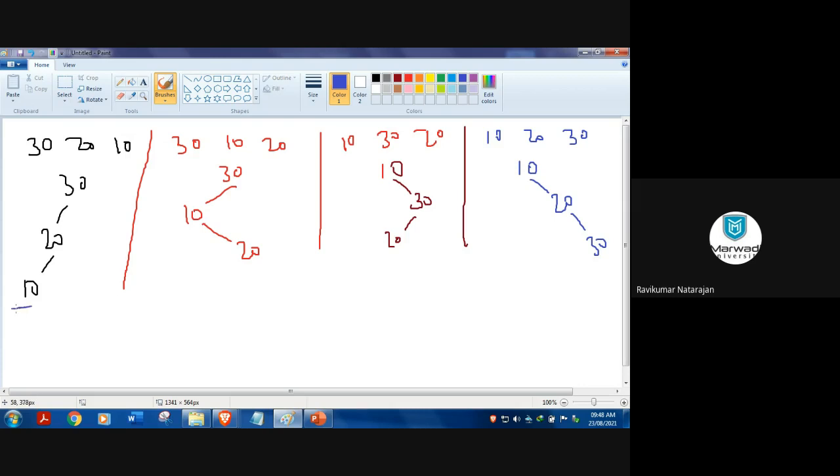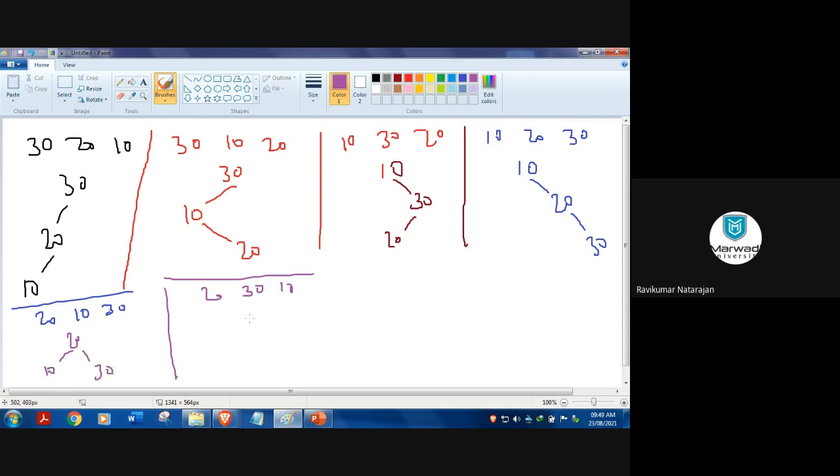So let me take 20, 10, 30, and then 20, 30, 10, right? So now what will be the answer for this? 20, then on the left side 10, then on the right side 30.